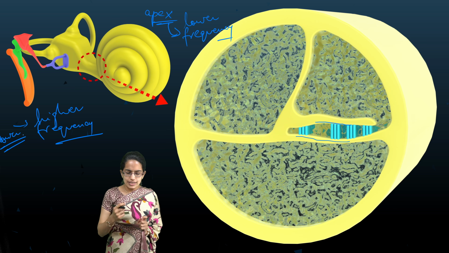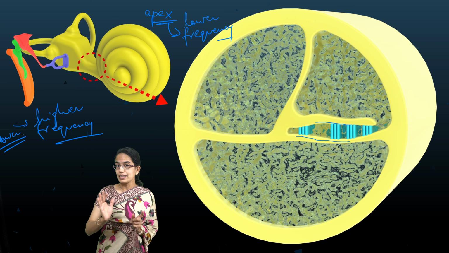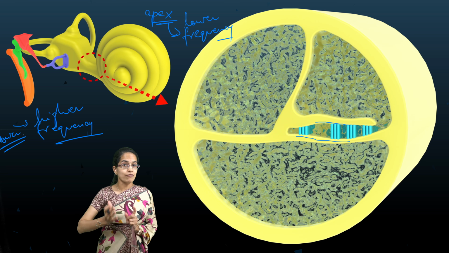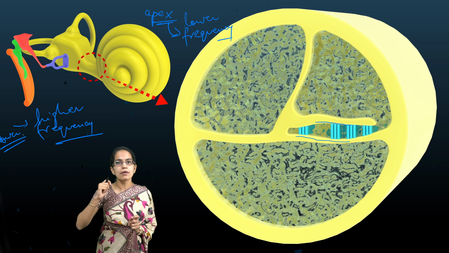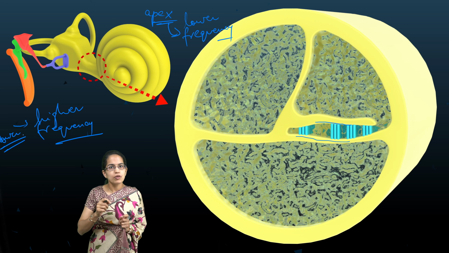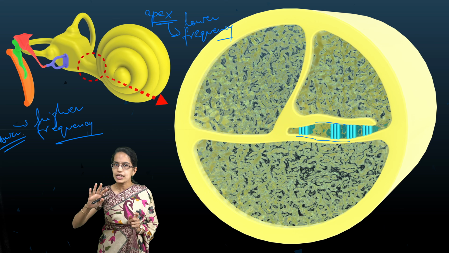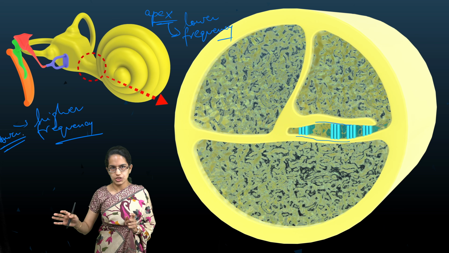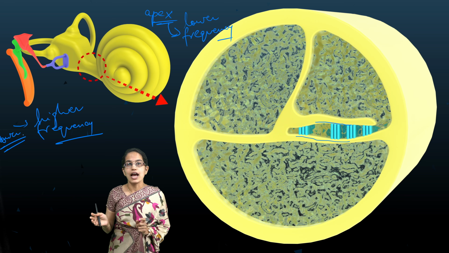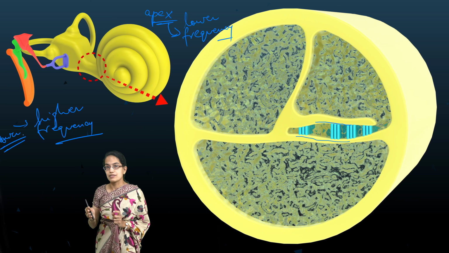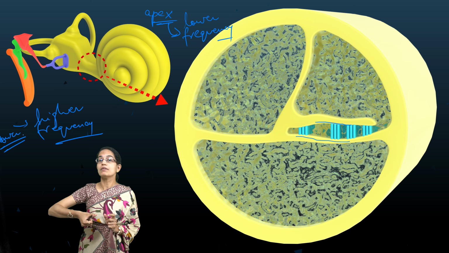Also, it is interesting to note, if the particles that are entering the ear are vibrating quickly, it is a high-pitched sound. However, if the particles that are entering the ear are vibrating slowly, it is a low-pitched sound. So we also understand the vibration which is determined by the pitch of the sound.